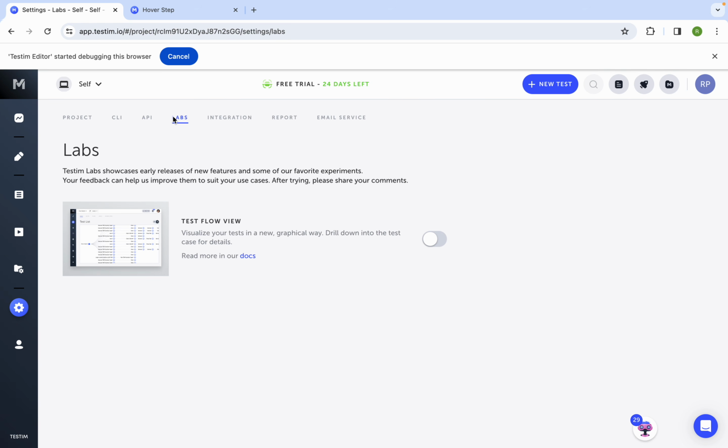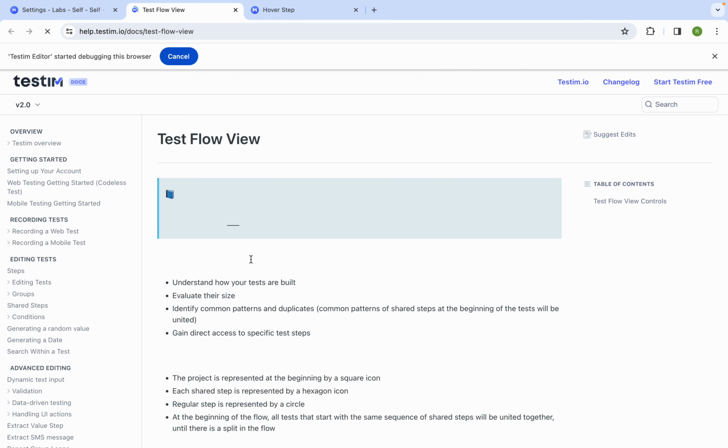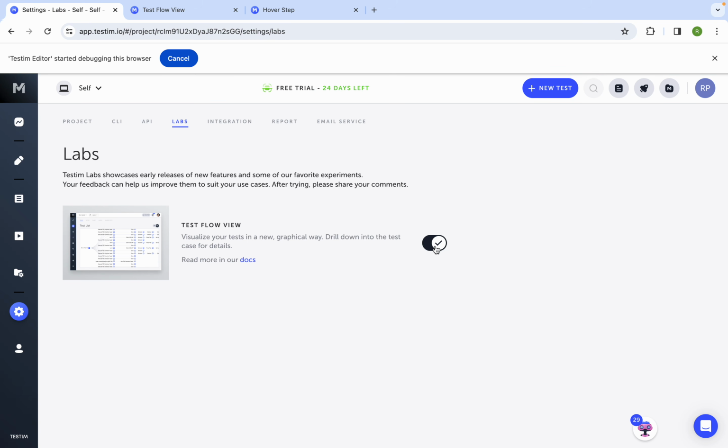Then we have labs here. Here we can see some early releases and new features, and we can also see our tests in a graphical view here. You can also read more about this here. So you can see your tests like this in a graphical visualization. Okay,